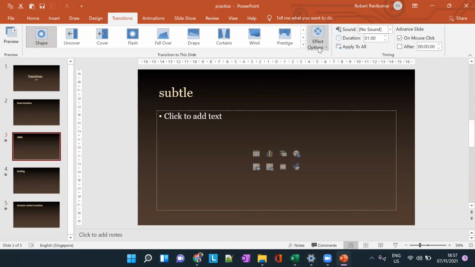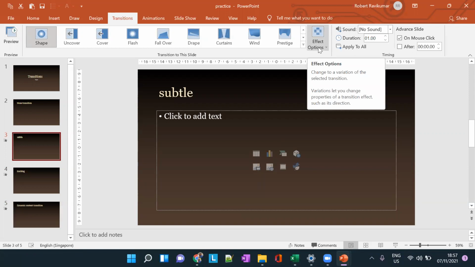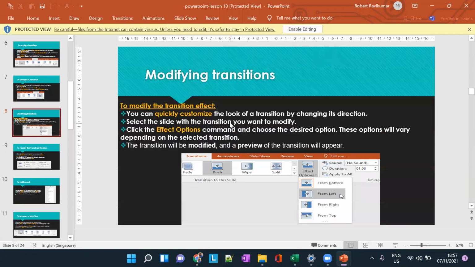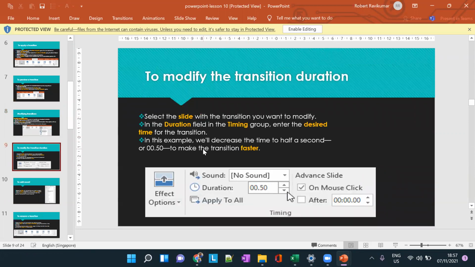You can choose different transitions, and even customize them using these effect options here. This is how you modify a particular transition, and this customization is available for every transition that exists in this PowerPoint.